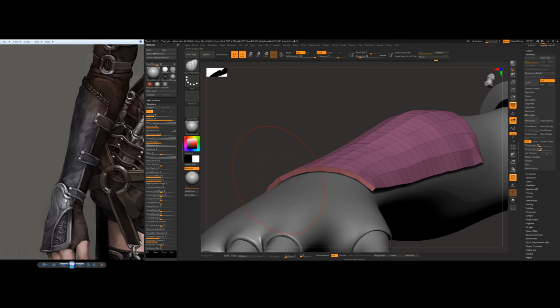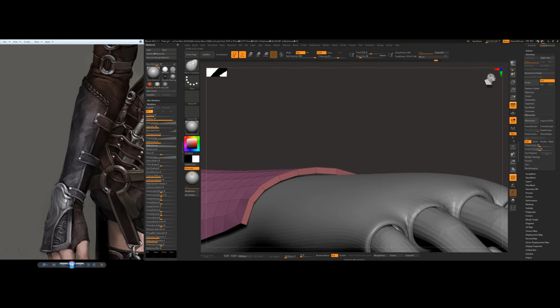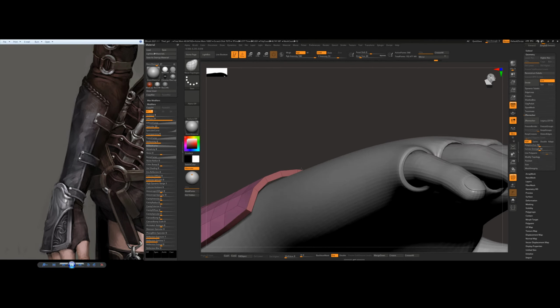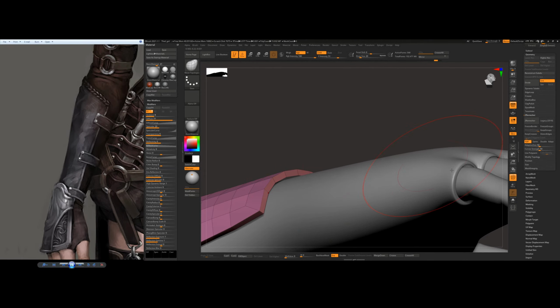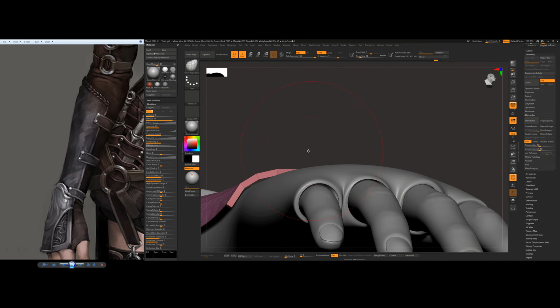Yeah, we have to fix these kinds of gaps in between, because we will see a lot of gaps, right? We don't want to see the empty spaces in here, because there are no polygons inside of the mesh, so we have to cover that